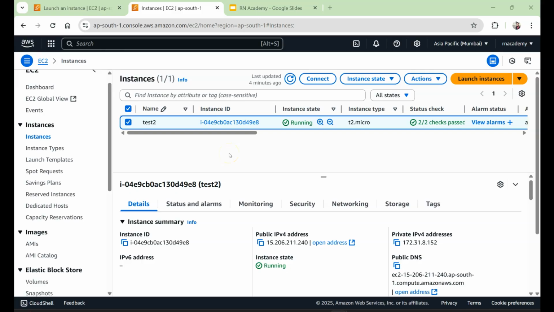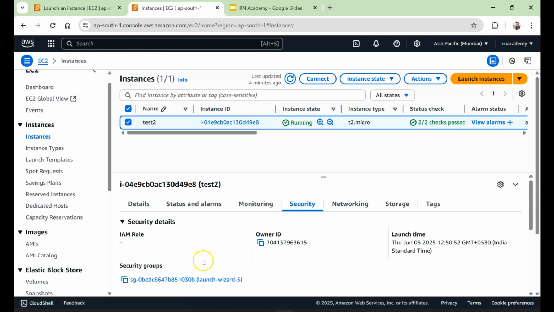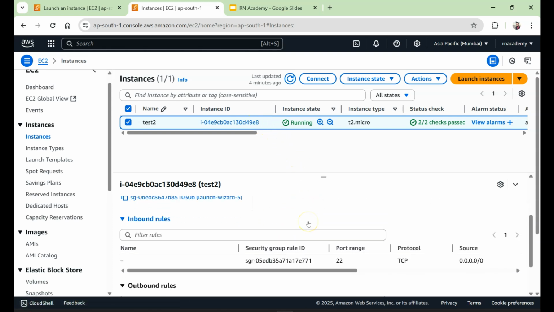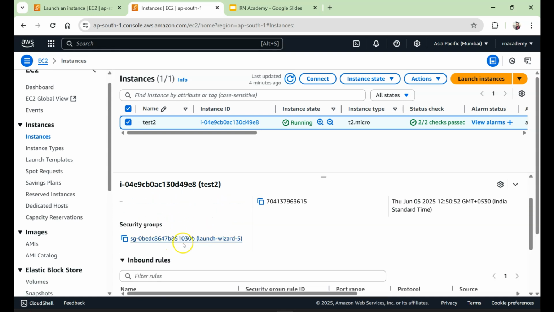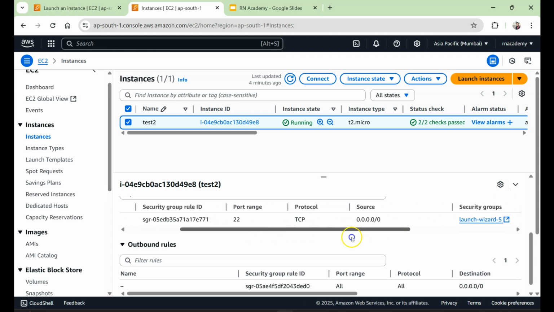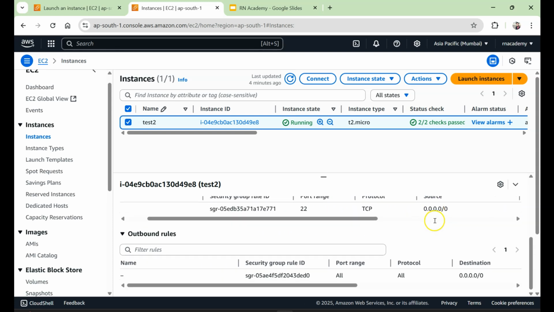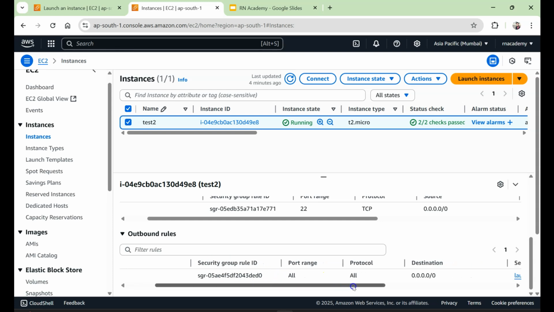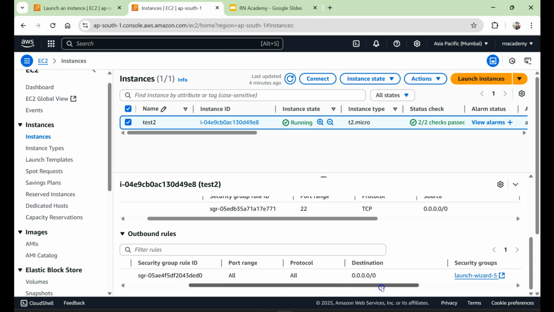So the AWS EC2 security group can be seen by selecting the EC2 instance and coming to the Security tab here. You can see this is the security group ending in 1030B, the last 5 digits, and here is the inbound rule, which only allows SSH from anywhere, and this is the outbound rule where all traffic for all protocols